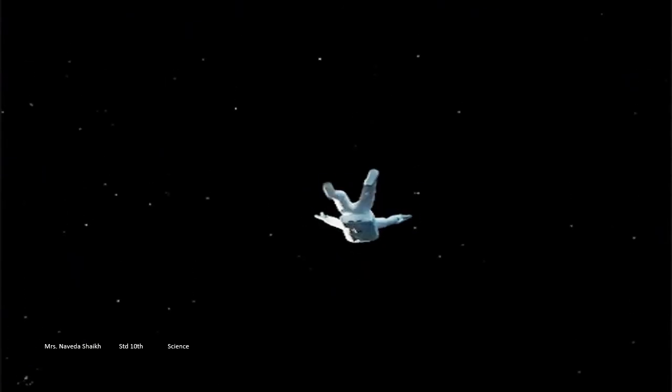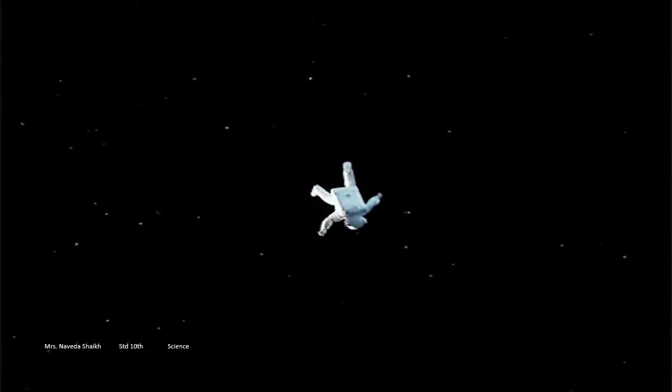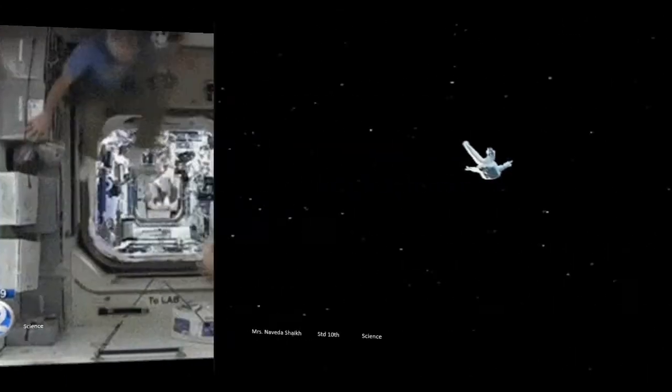There is no gravitational force in the space outside our Earth, which can attract us towards itself. So in space, the astronauts who go there need to have proper equipment which helps them connect to the entire space shuttle, okay, and if it is not present, they will flow around.